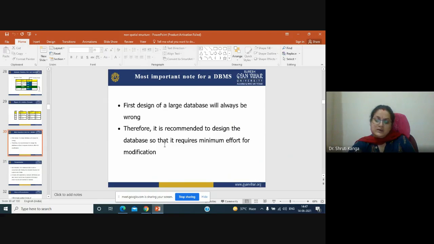If there is a large data set, there are chances of mistakes, but if there is a small or minimum data set, it can be modified properly.